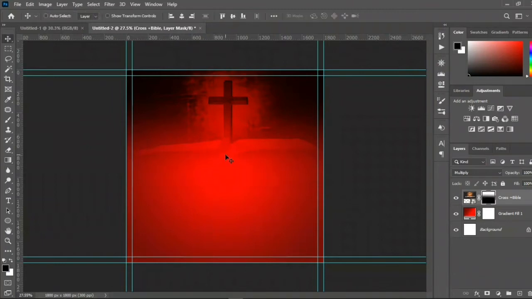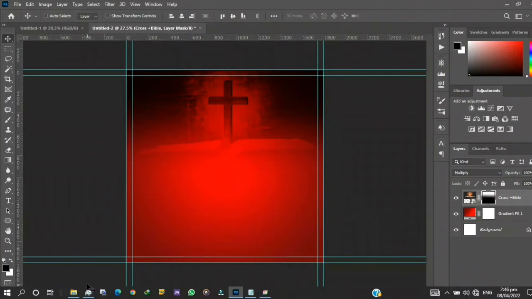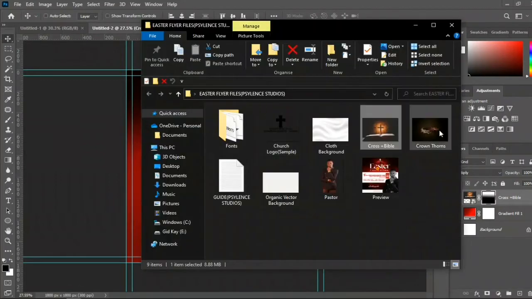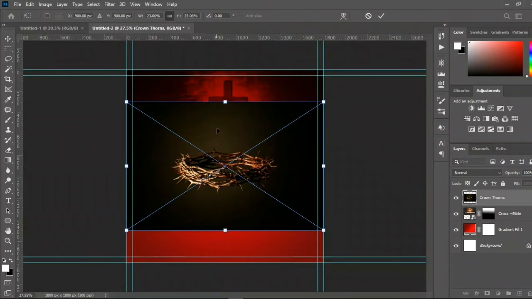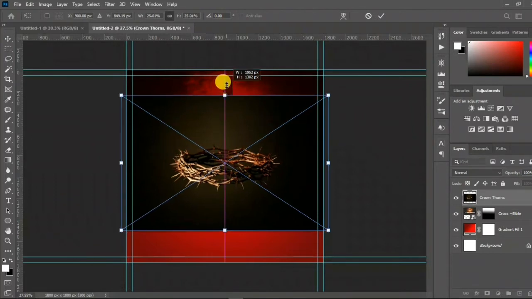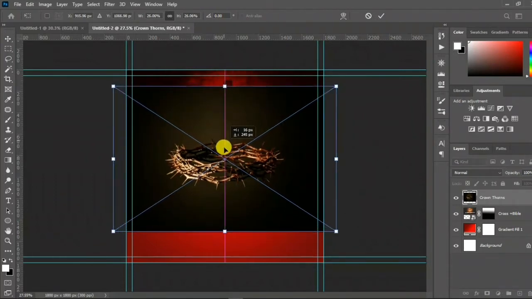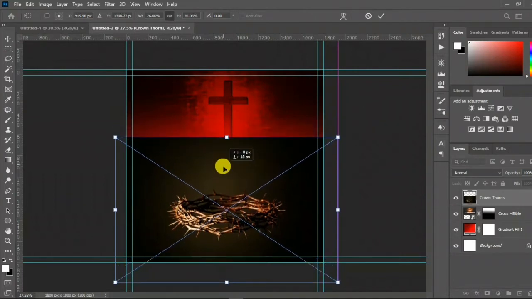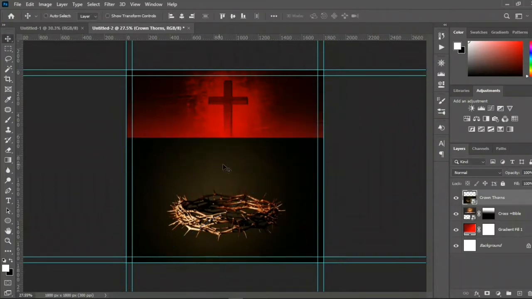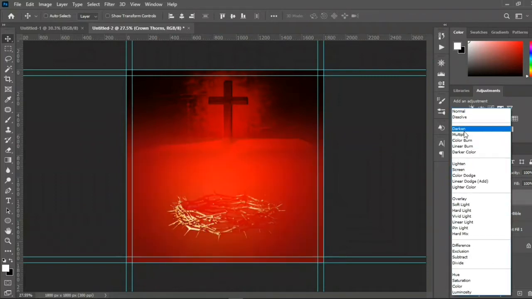Okay, we are going to bring in our second image too as well, which is the crown tones. We are going to extend this too, and we place it down below. So we are going to repeat the same process as we did for this. So we change the blending mode to multiply